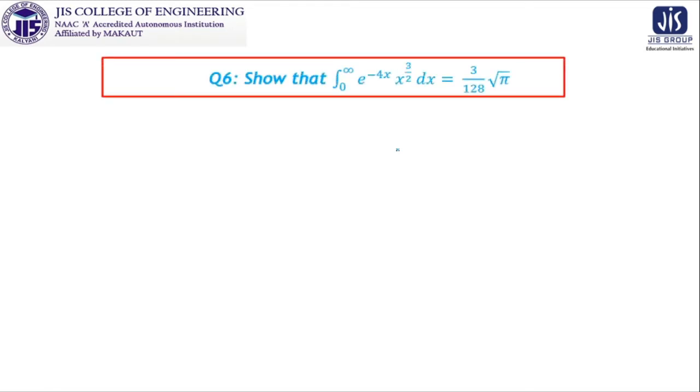Now for the next problem, if you look at the problem without knowing any steps of gamma function, it is a tough one, because it is improper integration. It is giving the clue that we have to do integration by parts, because exponential function and x to the power m type is there. But look at this, this is actually the application of gamma function in the field of integration.